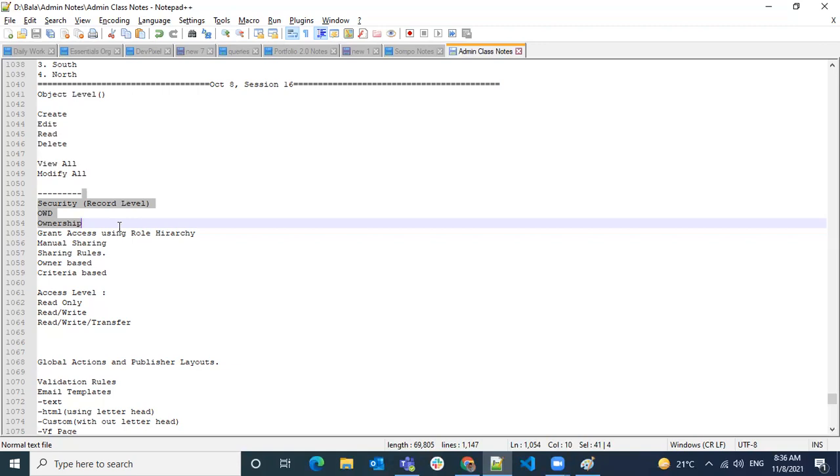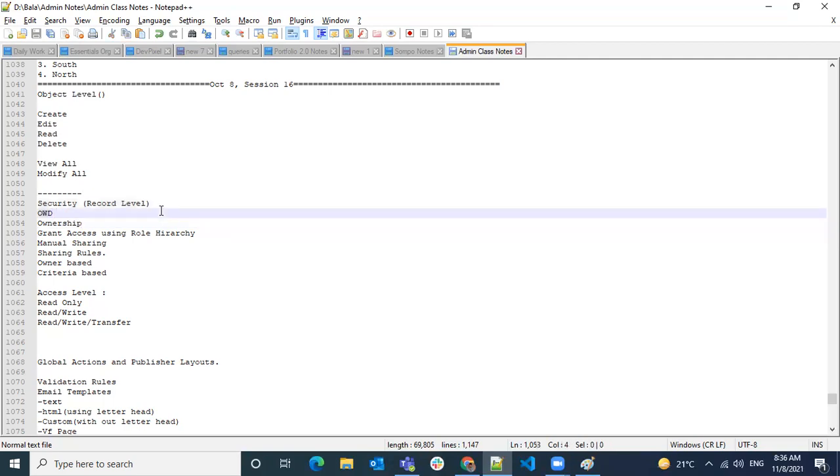Even though you created it, it doesn't mean that you're going to have access. I am not saying that only the owner gets access. No, but ownership is also one place of accessing the record.